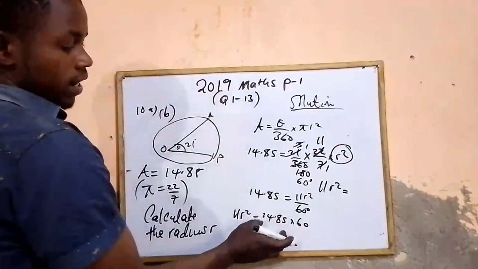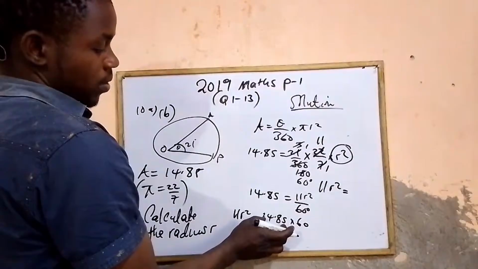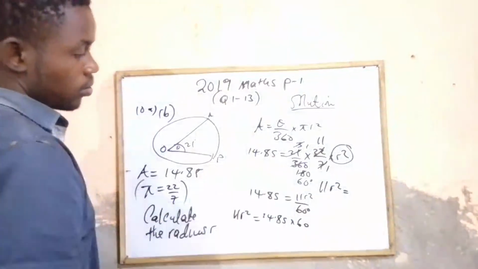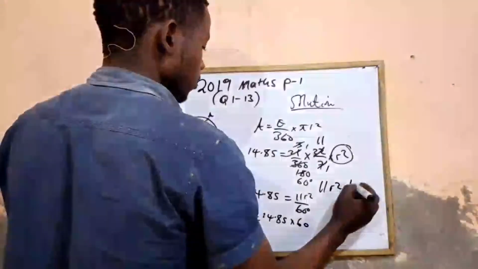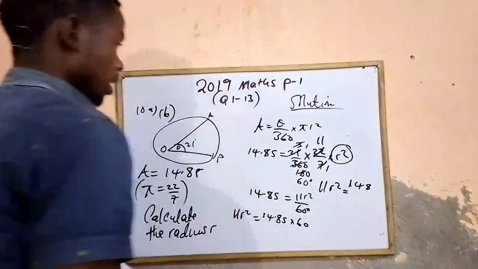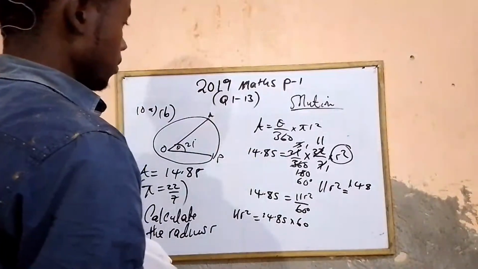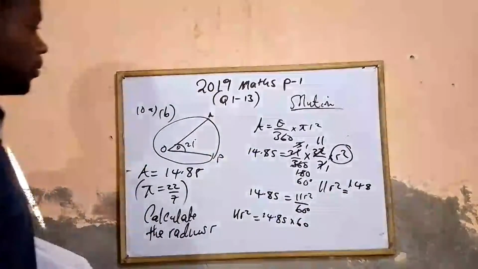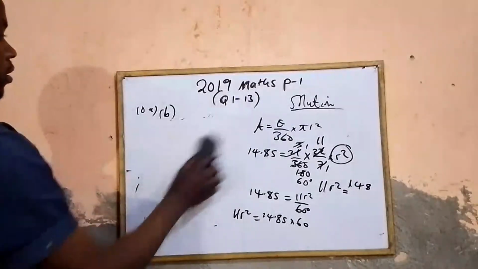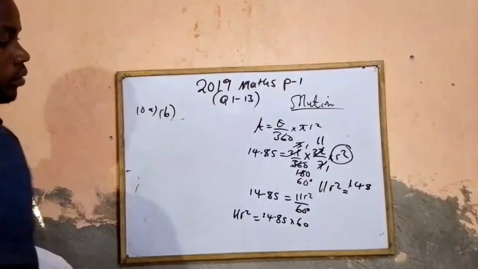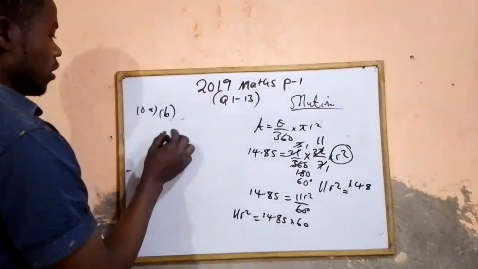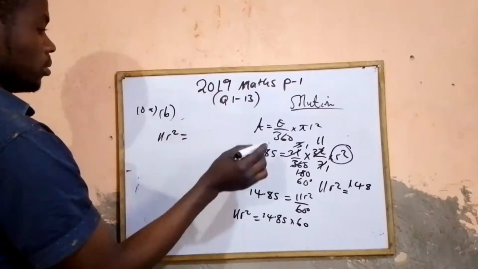So we can take this value into a number which has no decimal. So we have 11 r squared, which will be equal to